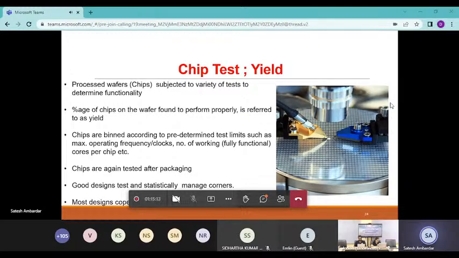But as is known publicly, the target yield of any good fab, of any global leader, is about 95%. That is the die yield. The other one is the line yield. Line yield means how many wafers are sent in and how many wafers come out of the fab. But because of the automation nowadays, line yield is almost 100%. But it is the die yield that is very important for the fabs. And yield,